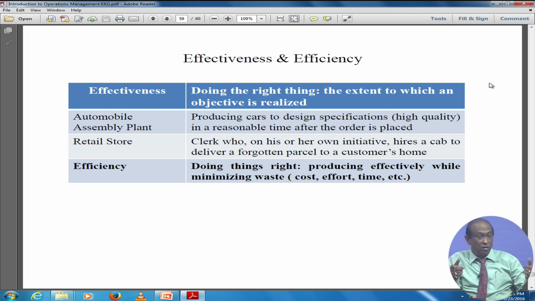That will clear the concept, because you must see all these concepts related to efficiency, effectiveness, flexibility, reliability, capacity, capability. These things should be absolutely clear, because otherwise you will not be able to appreciate the subsequent lectures by